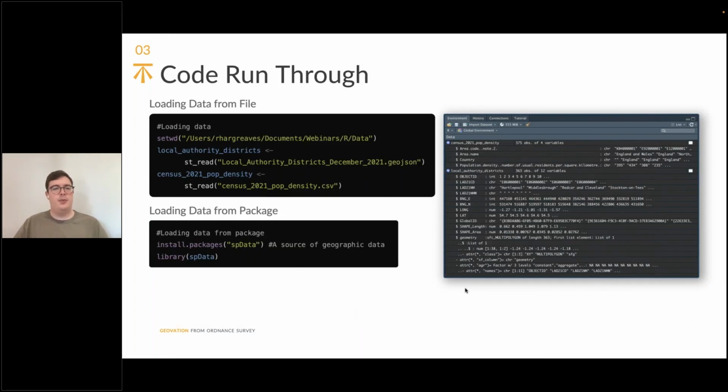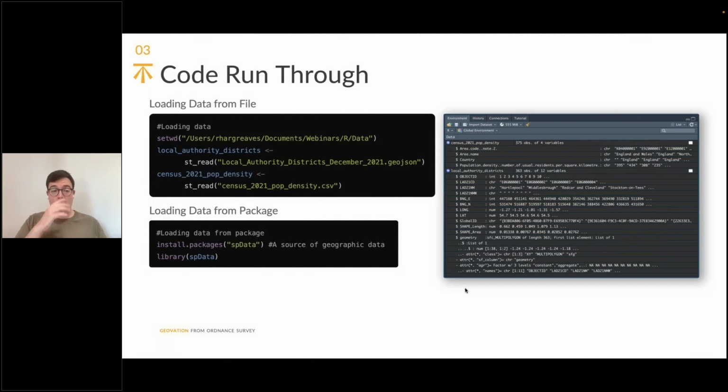Yeah, so getting stuck into some data. You've got a bunch of data. In this example, I'm working with local authority districts, which are bounding data for the UK, and that is in GeoJSON format. That is a spatial data format. And then I've got census data that has a common attribute with that local authority district, but it's separate. It's come from ONS, and it's the most recent census data for 2021. I'm looking specifically at population density, and those two are separate right now, and that's how they're going to be